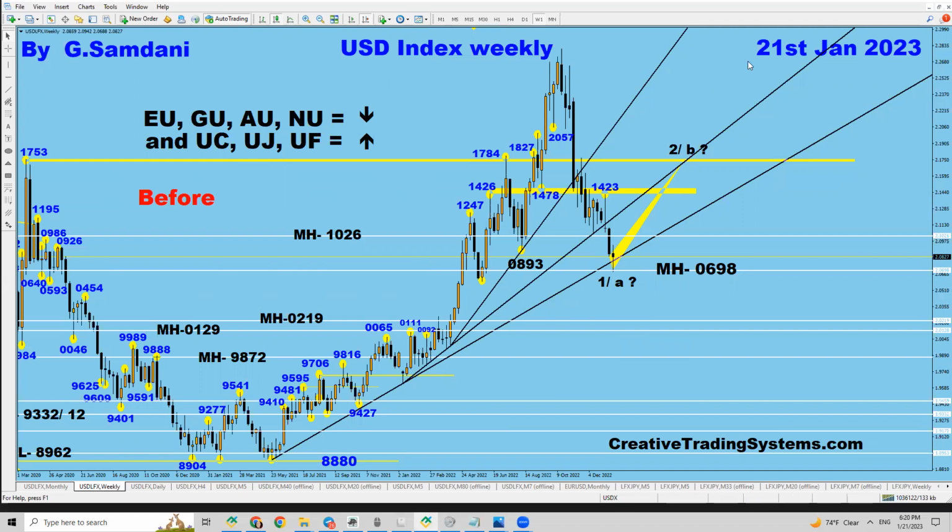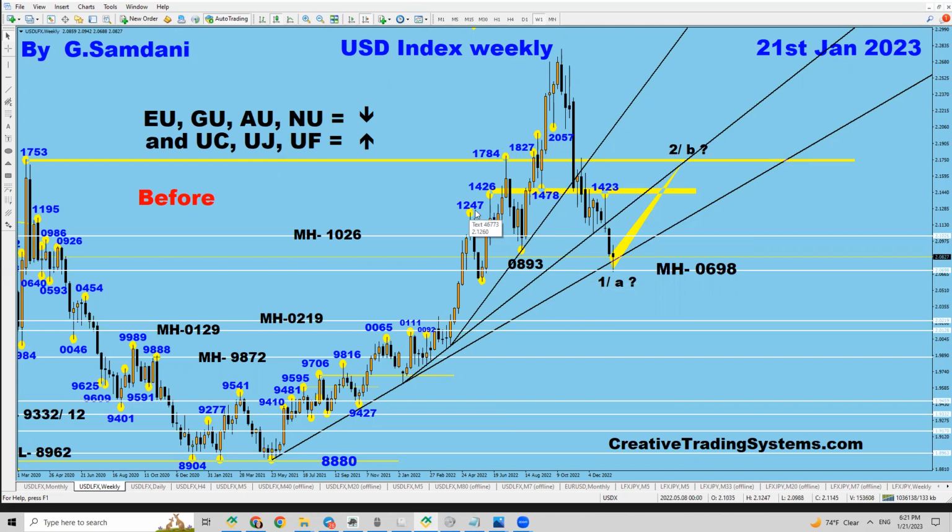This is the chart I made just a little while ago, 21st January today, Saturday. And this is how we're going to open the week. So my take is that it's going to bounce from here, even though data is weak, this and that. But I'm the one who predicted that it's going to drop exactly from here, when it was going powerfully to the upside. It dropped, and now I think that it's going to retrace maybe 23% line or 38% line or one of these levels,